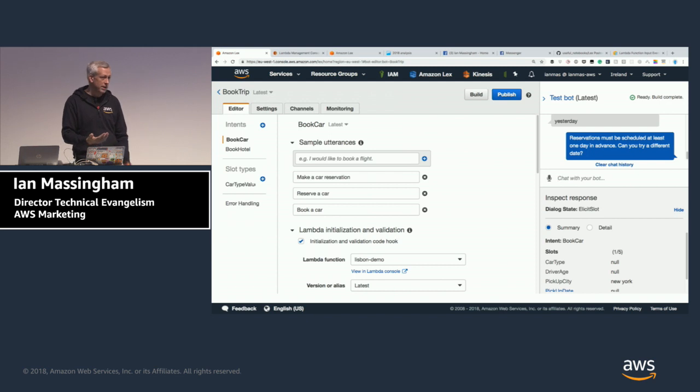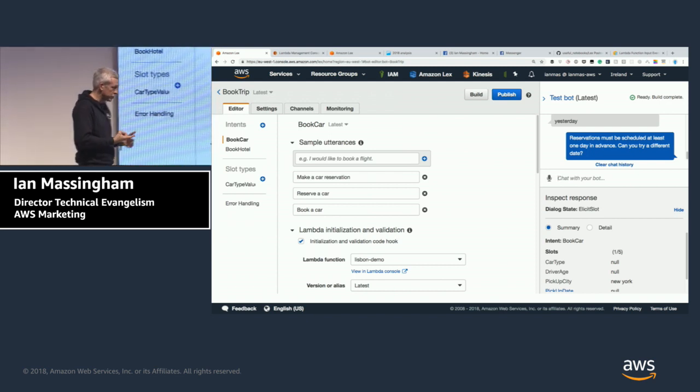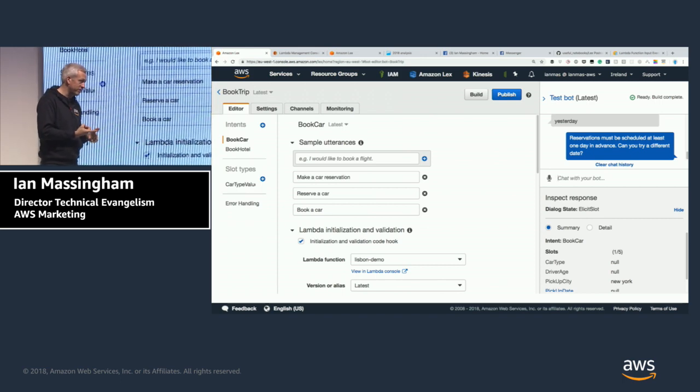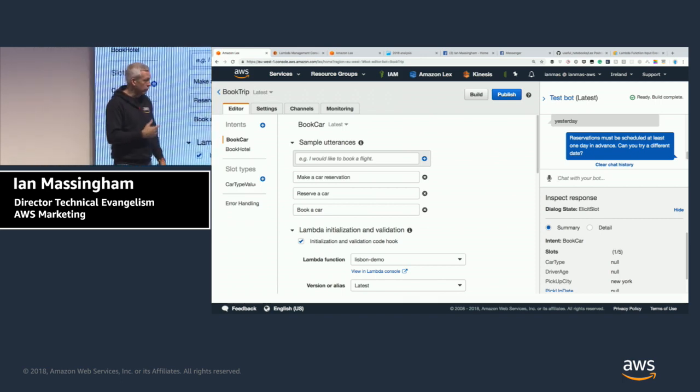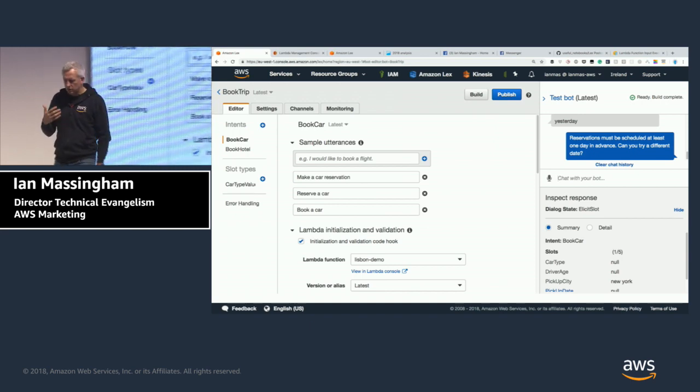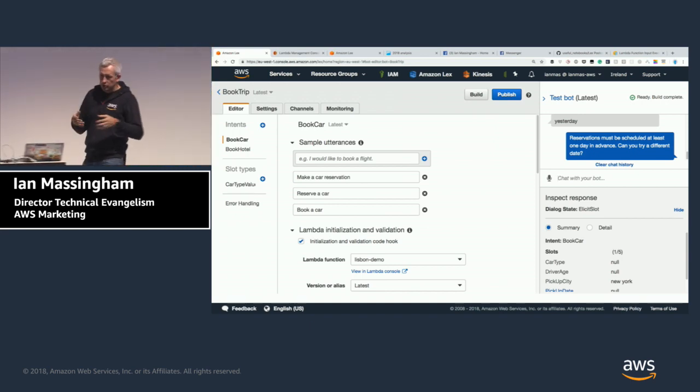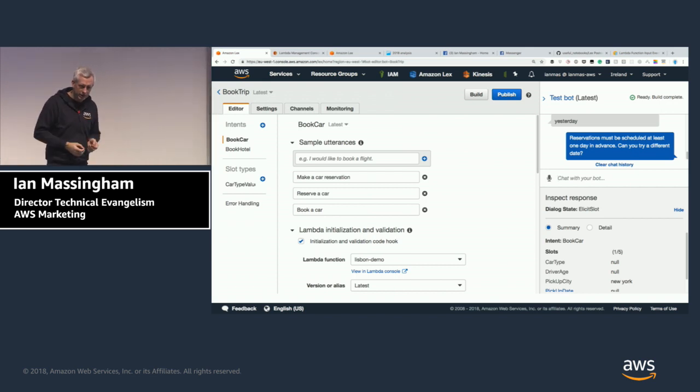We can't rent yesterday. We must rent in advance. So you can see now that we've implemented a validation routine to make sure that we're entering data which is sensible, and also that we're able to guide the user towards data which is in bounds without, as I said earlier, having to add documentation. We've got a natural conversational flow which encourages the user towards values which are valid given this particular use case